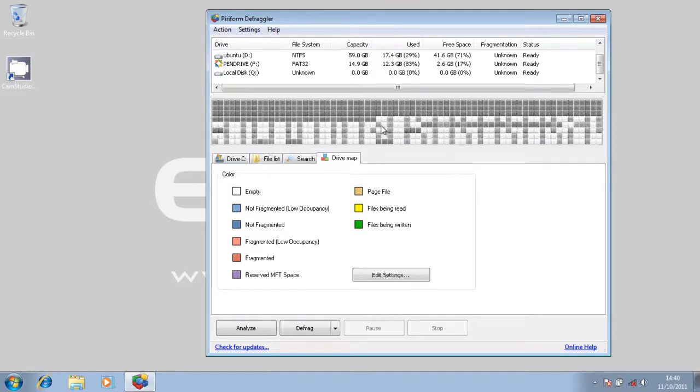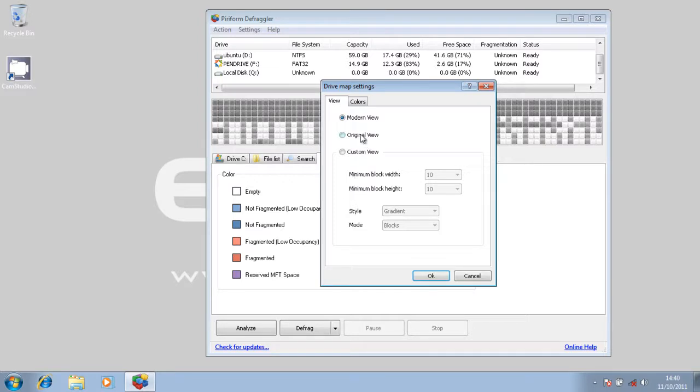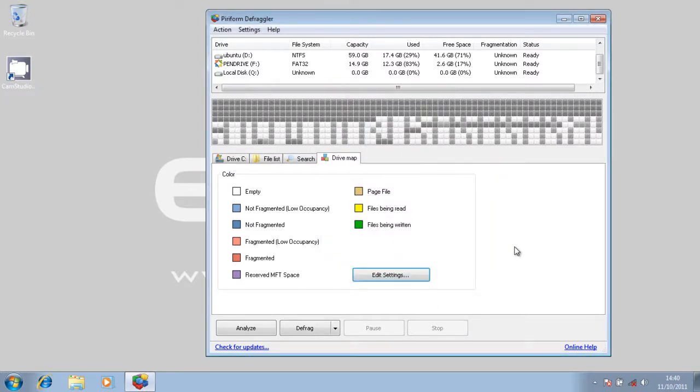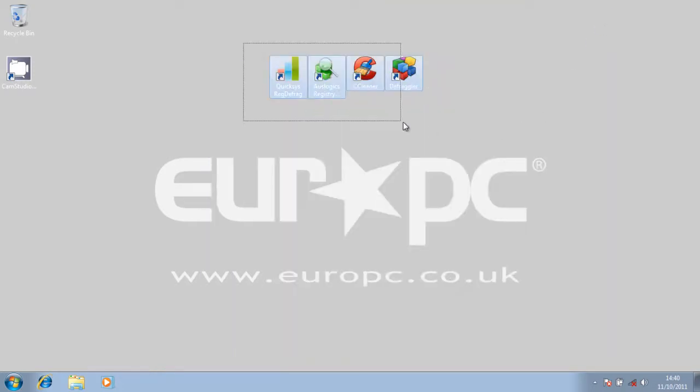The color coding is to help you understand, because there's little squares here. Once you're analyzing it or defragging it, it will show you what these little dots here mean by the color coding, and you can edit these to get a better view or a different view and change the colors if you want to customize it. So that's the 4 programs that I would recommend using to speed up your computer,